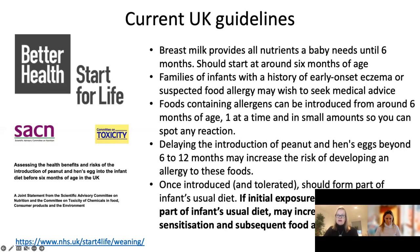That's the wording in the current guidance. The current guidance also says to introduce the allergens from around 6 months of age, one at a time and in small amounts so that you can spot any reaction. And that delaying the introduction of peanut and hen's egg beyond 6 months may increase the risk of developing an